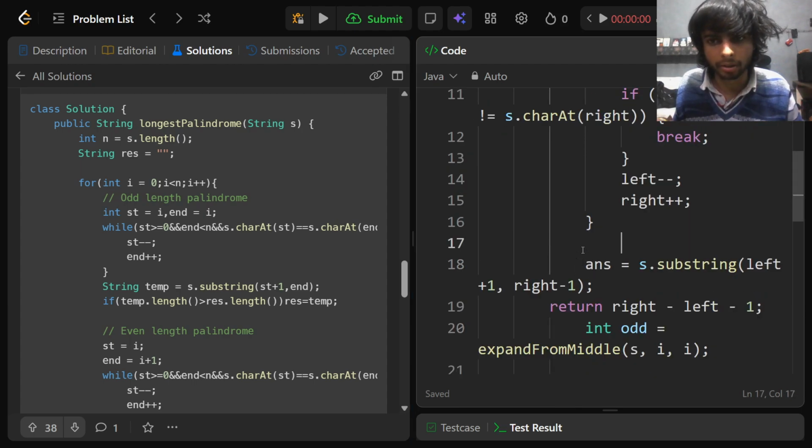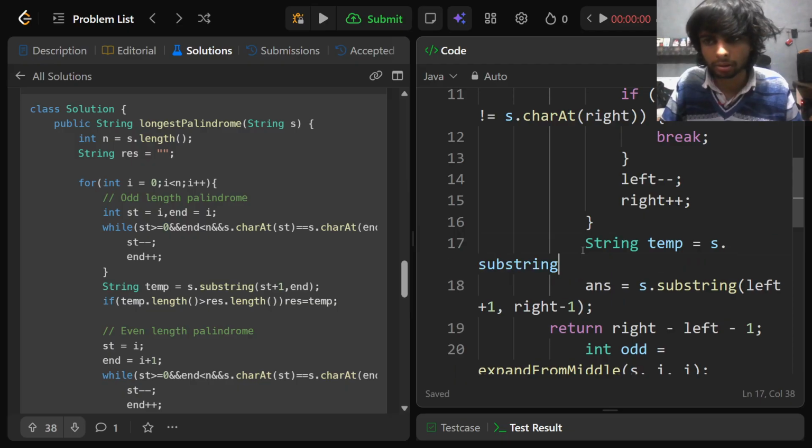Yeah, let's create a temporary string. Temporary is s dot substring